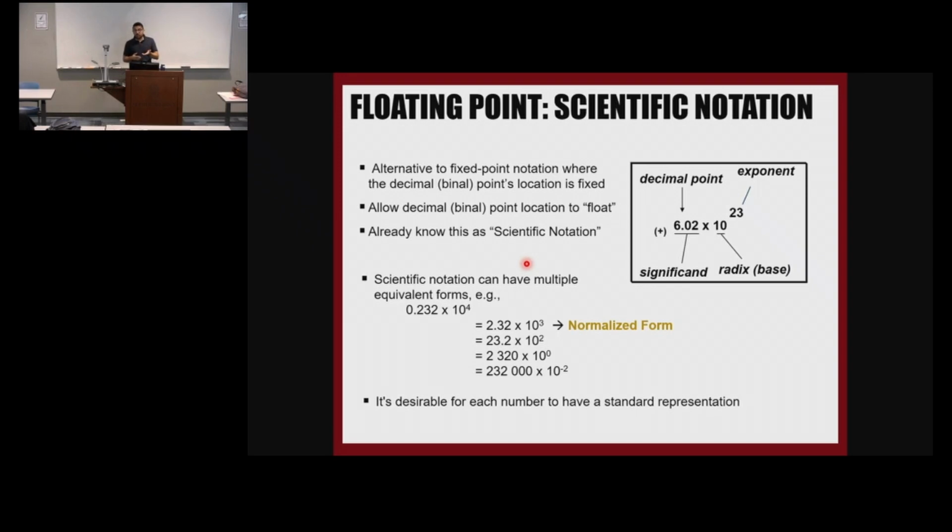But the good thing about fixed point is that you can use the same kind of hardware that you have for integer for fixed point as well. You just have to add some pre-processing and post-processing, very small things, to take care of the binary point and decimal point. Floating point is an alternative to fixed point that we don't really know how many bits we have